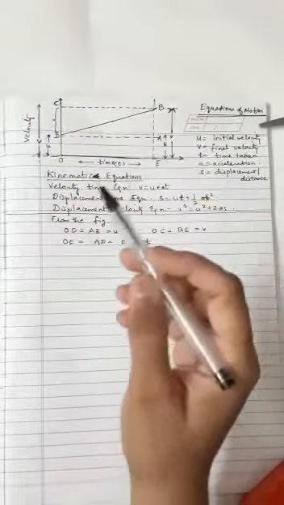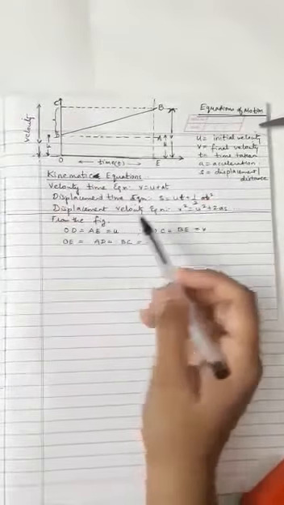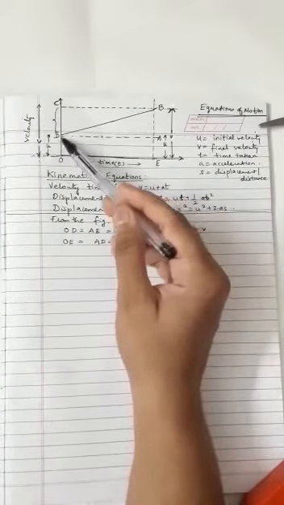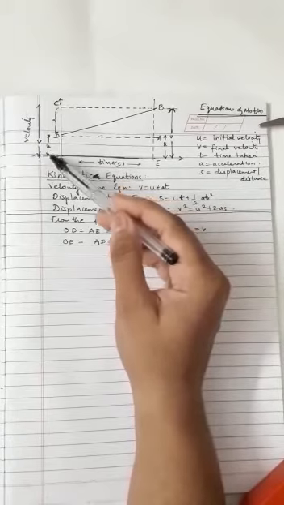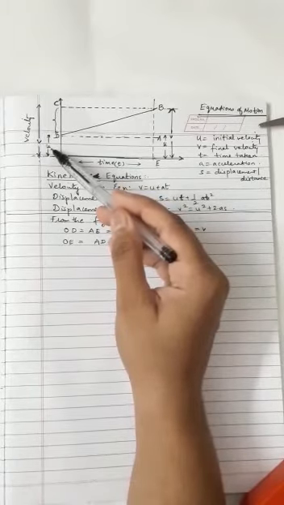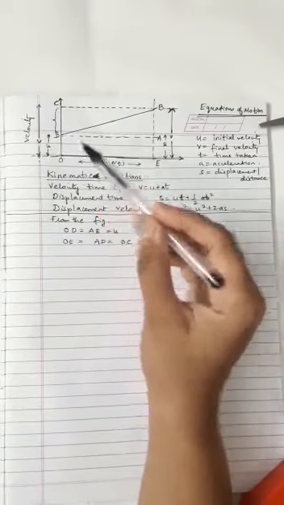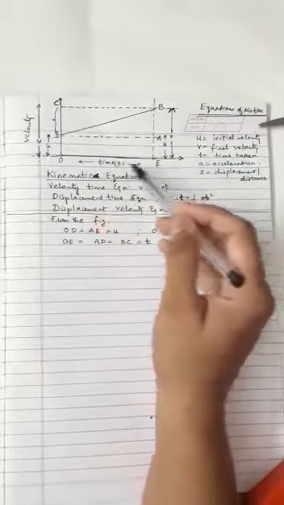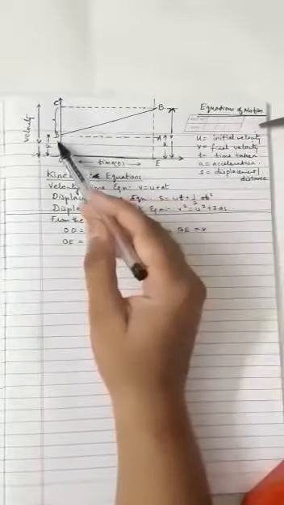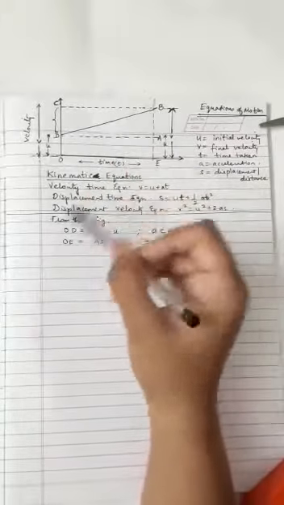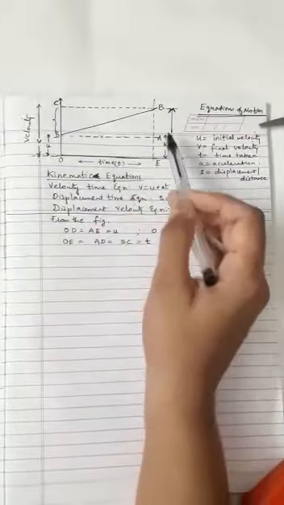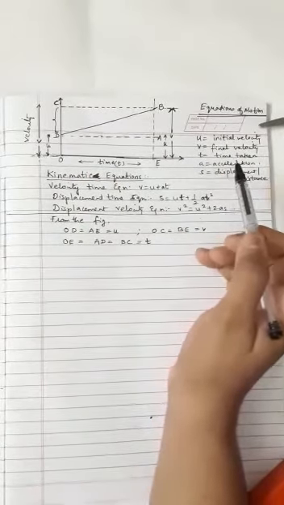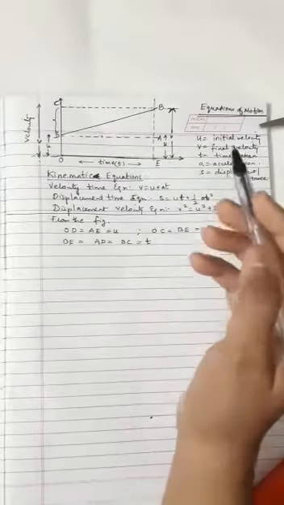Now let us start with our derivation. From the figure we can see OD. OD is the space on the graph that is initiated by initial velocity u. So as you can see, if you consider these as rectangles, the first rectangle OEAD, the second rectangle DABC, or the bigger rectangle OEBC, we know the property of a rectangle that the opposite sides are equal. So the same we are going to make use of.